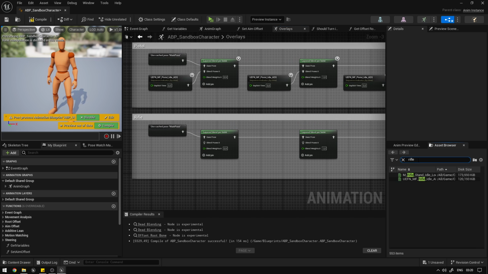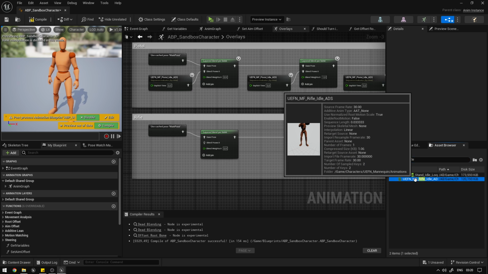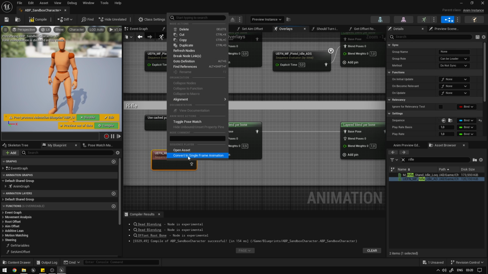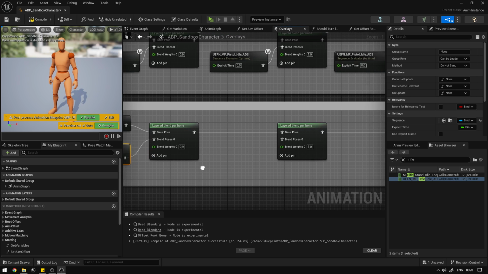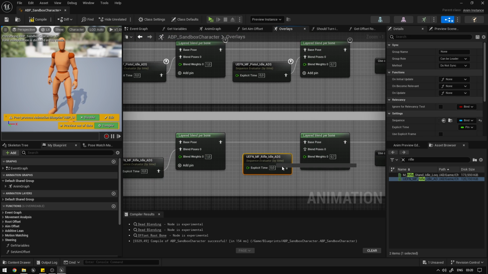So we can search for rifle, and in this case we're going to use the UEFN rifle IDS, which is the one where we are aiming. Convert to single frame animation, connect over there, copy, paste, connect over there, paste, connect over there, and that's basically